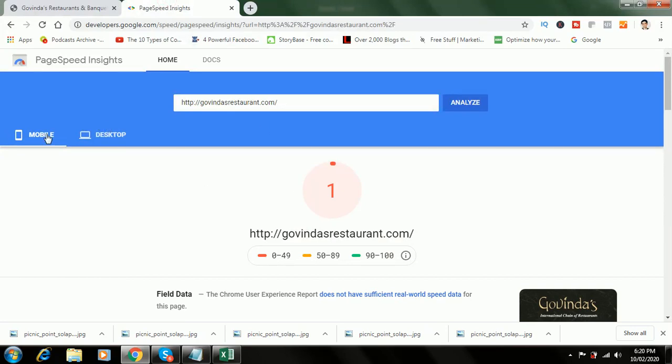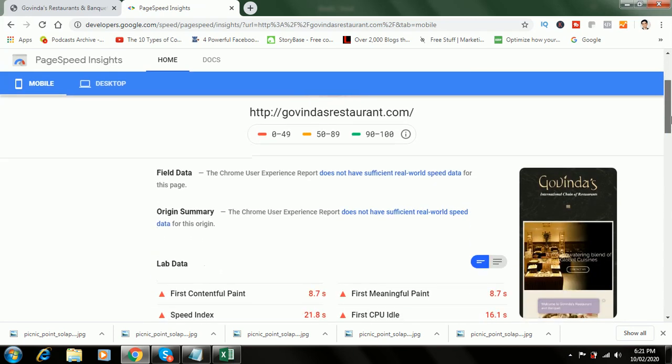There are different protocols which you have to keep in mind. You have to optimize the user experience for mobile, then you have to optimize the user experience for desktop. See, the score for mobile is 1 out of 100. Ideally the score should be 90 out of 100. In this case Google gives